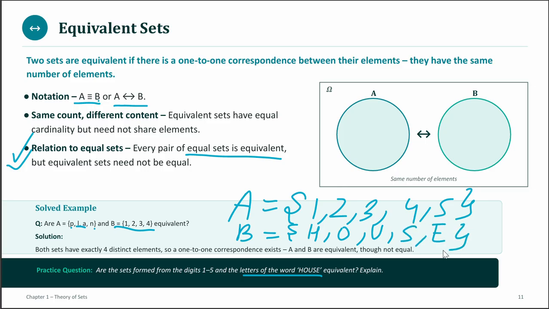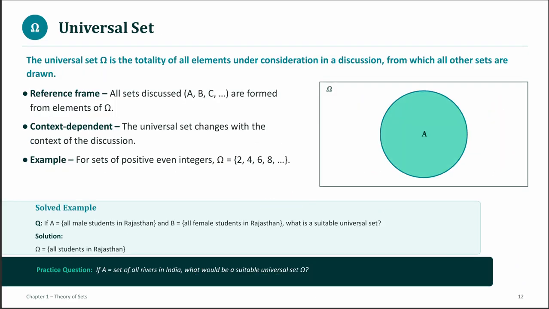House. Both of them have 5 distinct elements. Therefore, both of the sets are equivalent. Alright. Now, the universal set omega, okay, so this letter is basically known as omega, is the totality of